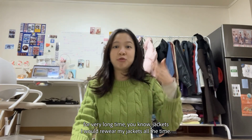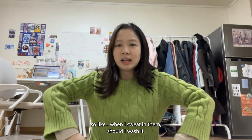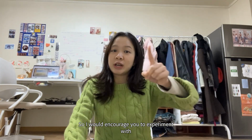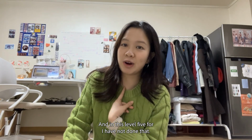Meanwhile, jackets, I'll rewear my jackets all the time, because I don't know, they're just so thick, and so when I sweat in them, should I wash it? Someone already saw me in this bright green jacket. So I would encourage you to experiment with sweaters, and in this level 5 I have not done that,